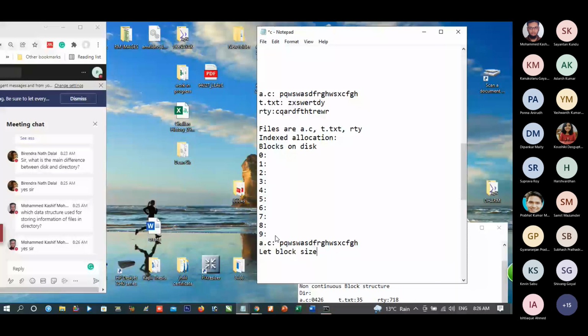Now, we are dividing the file into groups of 5. Each group of 5 is made into file contents, and these groups are stored in some block.